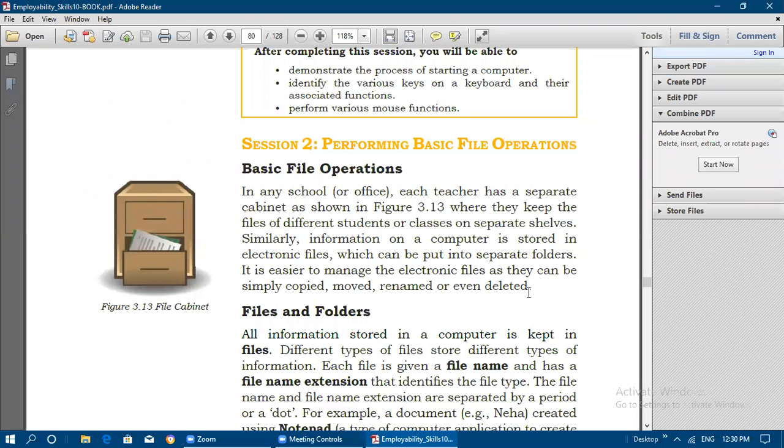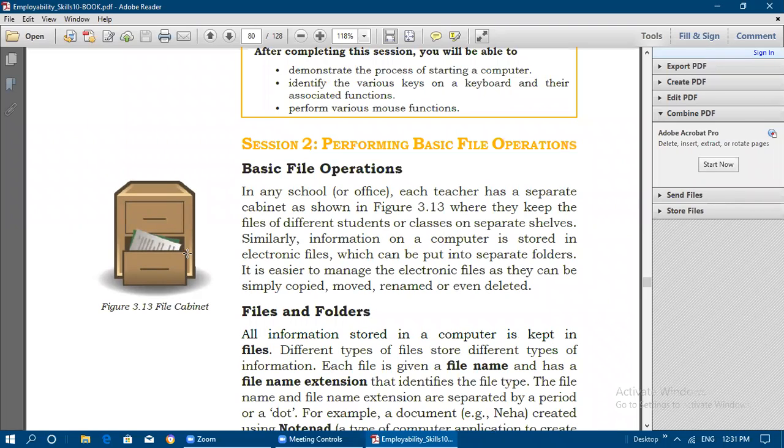In any school or office, each teacher has a separate cabinet, as shown in the figure, a file cabinet like that every teacher will have. Where they can keep the files of different students or classes on separate shelves. Similarly, information on a computer is stored in electronic files, which can be put into separate folders.